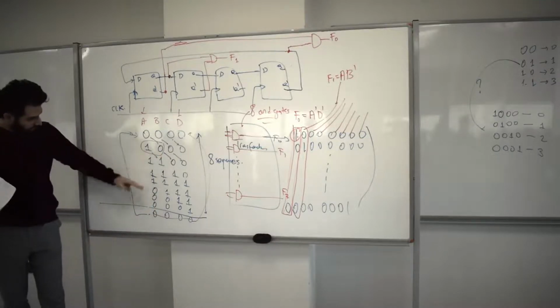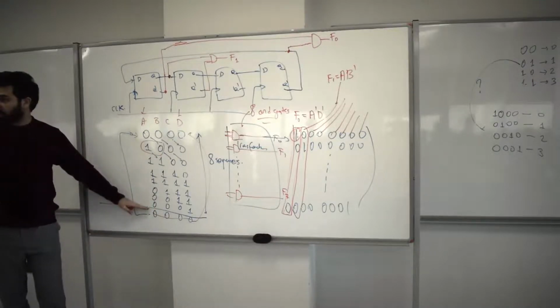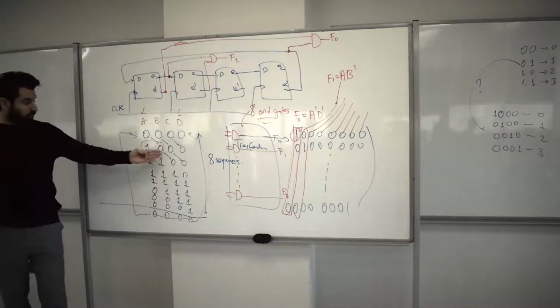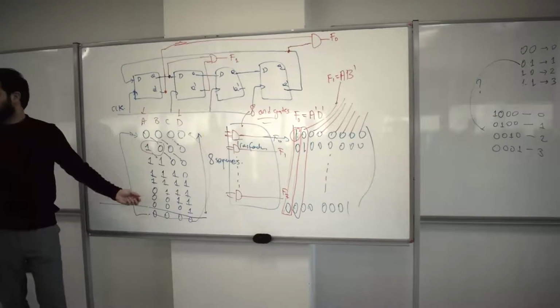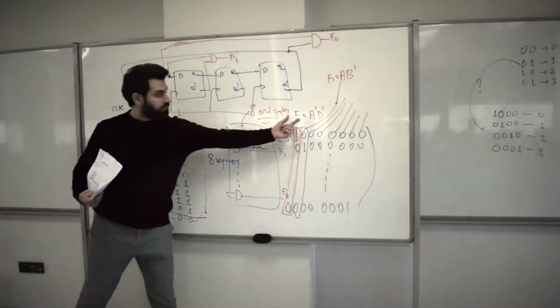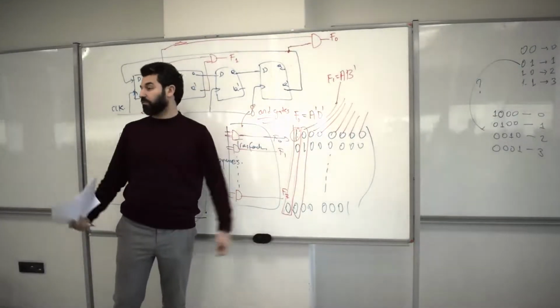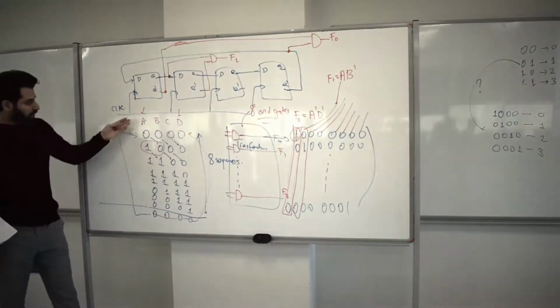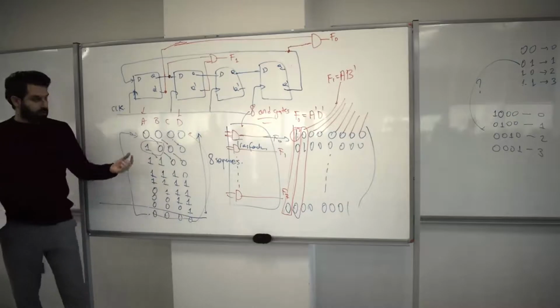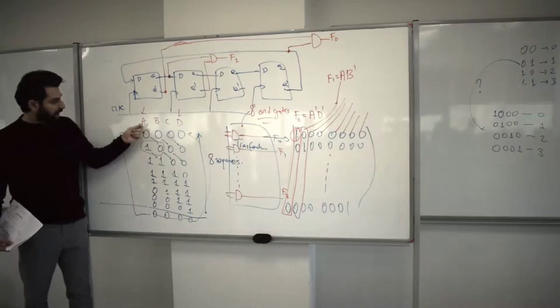Because there are 8 of the possibilities out of 16 is already drawn on the table, on the board, but the rest of the other 8 are just don't cares. That's why we actually have a minimized Boolean expression because of those don't cares. Okay? Anyway, I just look at these inputs and I figured that when I look at the column A and